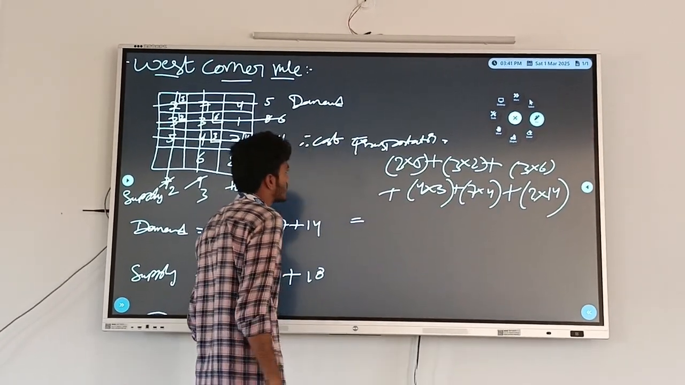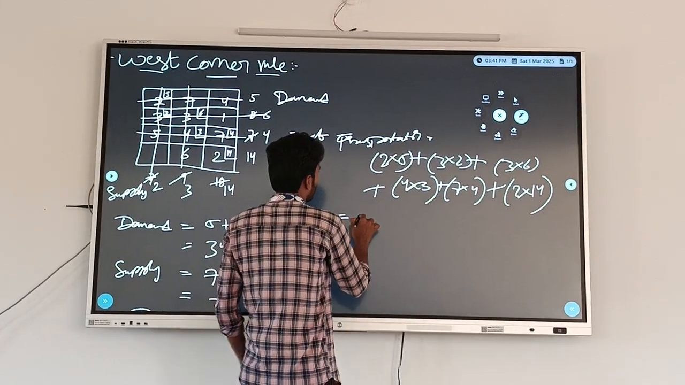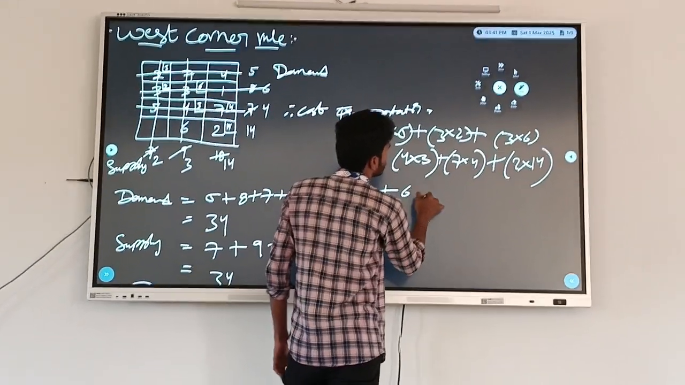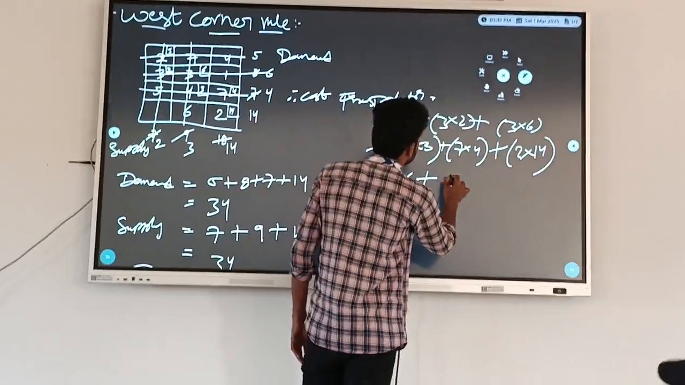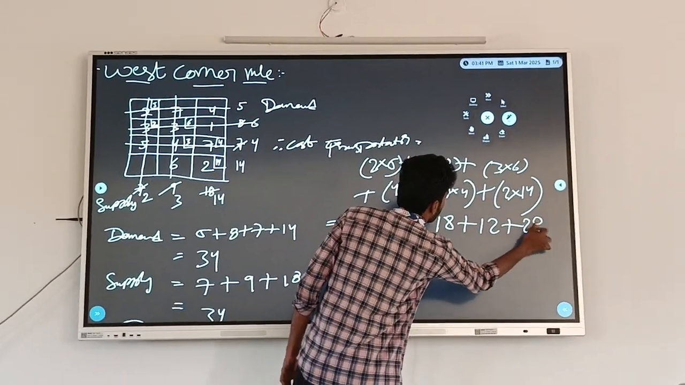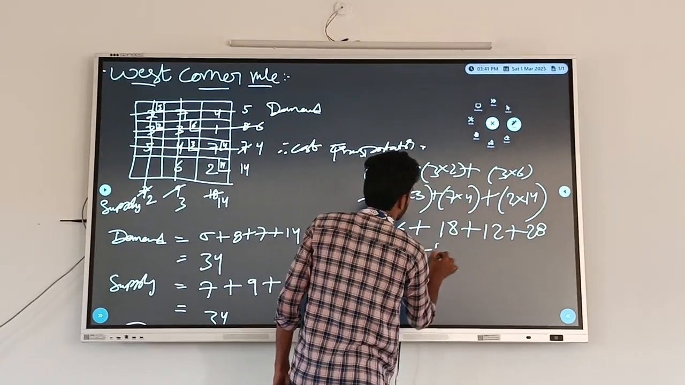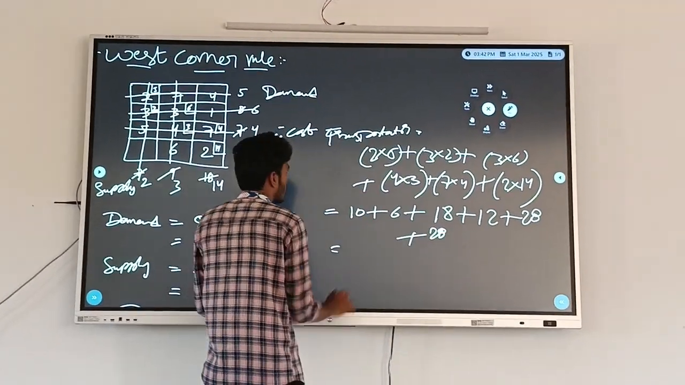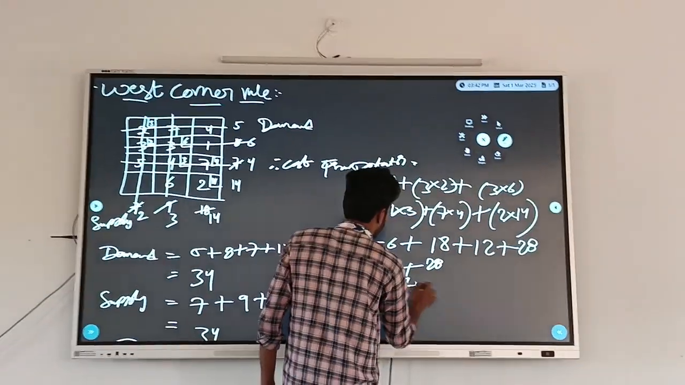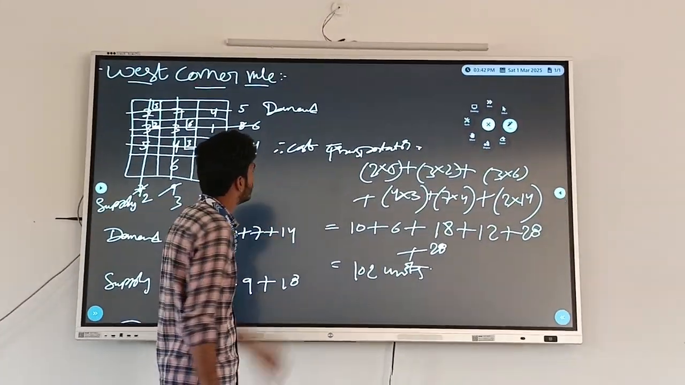Here cost of transportation is 2 into 5 is 10 plus 6, 20 plus 4, plus 20, the value is 102 units. This is the least cost of